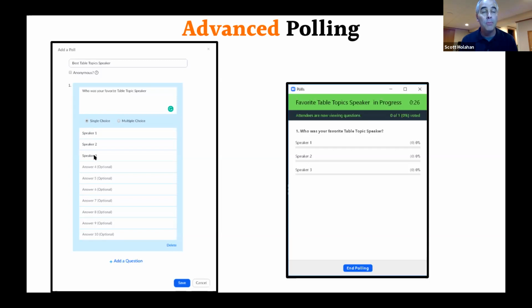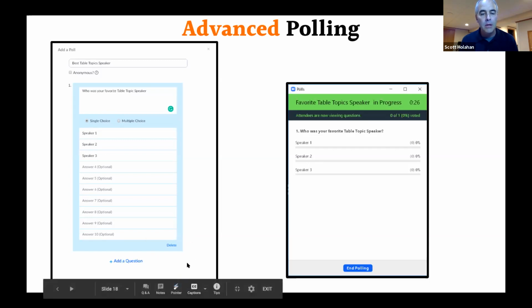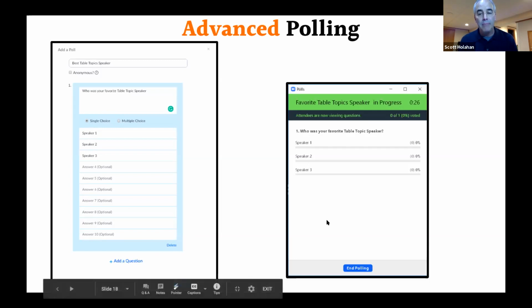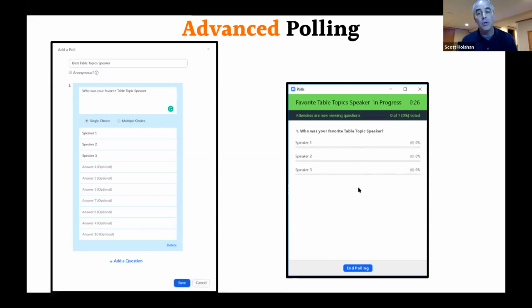And you put in all of the people who spoke in table topics: speaker 1, speaker 2, speaker 3. Then you click on save down at the bottom. Once you've saved it, I believe you can activate it. You can activate it for however long the host or co-host wants, and it'll tell you how long it's been going. Let's just say we'll keep it open for 5 minutes. As you can see, it says this polling is in progress, and it's been in progress for 26 seconds. Obviously, it can go to 2 minutes, 5 minutes, whatever you want,